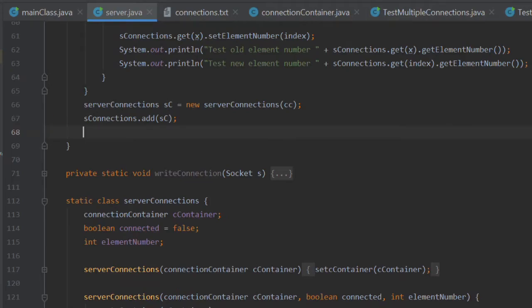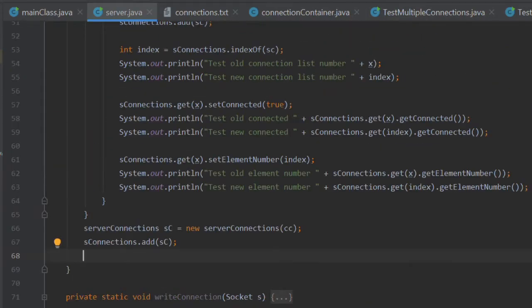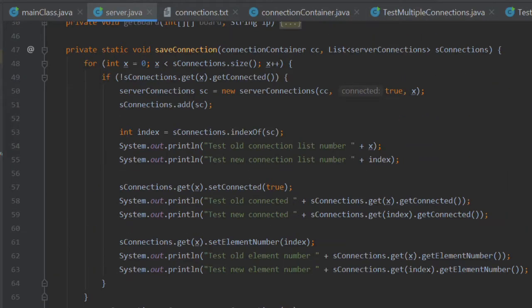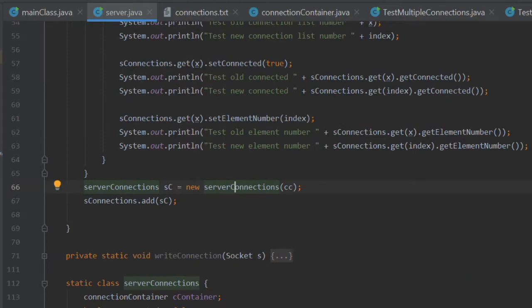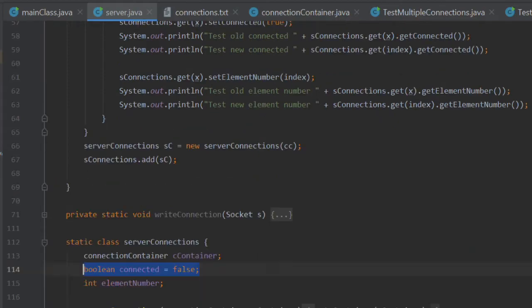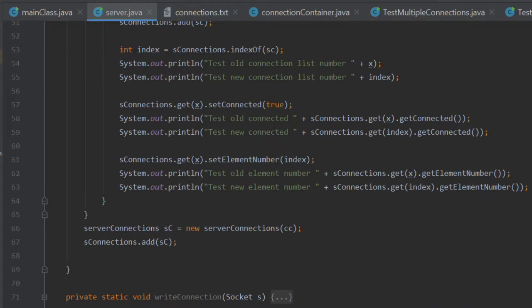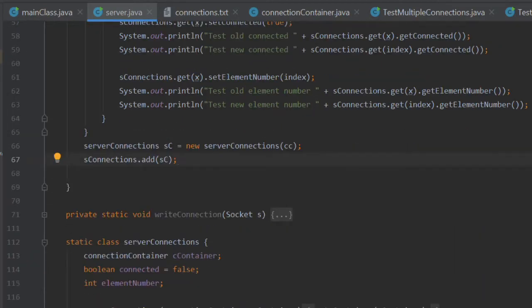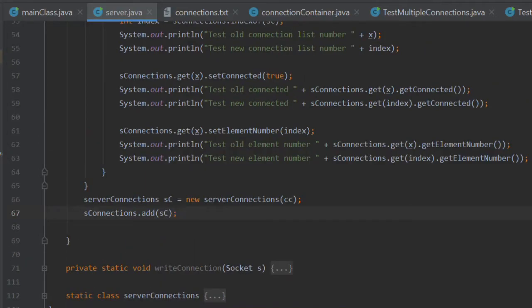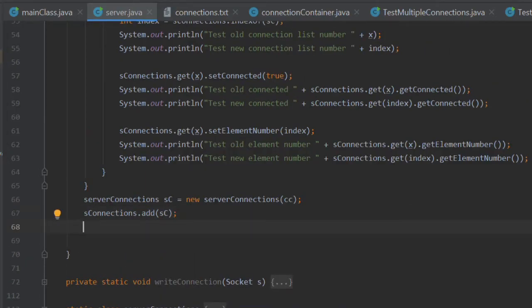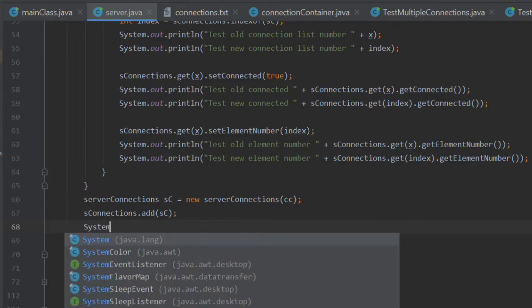The reason for that is because the Boolean value is set by default. So you'll notice here this second constructor sets a Boolean value. However, this first constructor doesn't, but this Boolean value is automatically set within the object. Therefore, we can still test against it even if we don't use a constructor which explicitly edits the value, if that makes sense. So if I do a quick line down here,